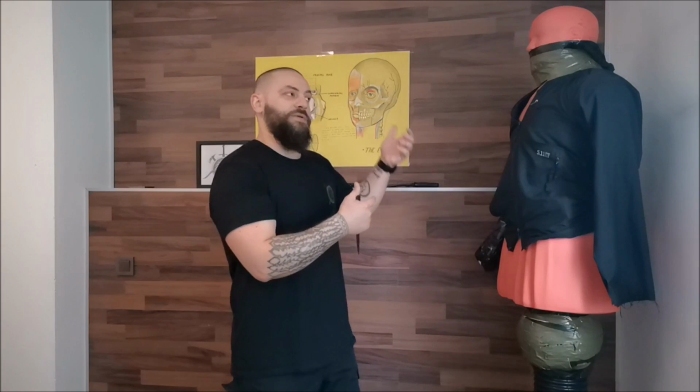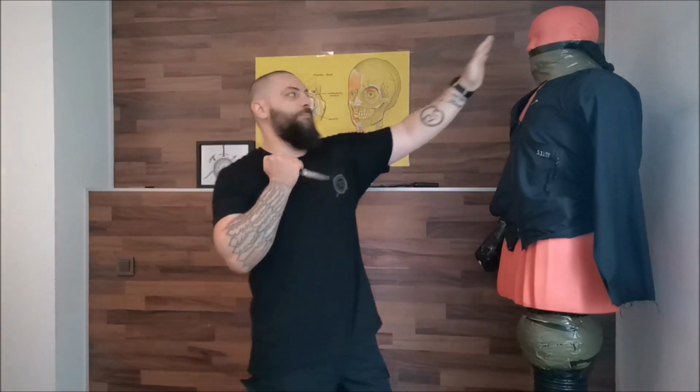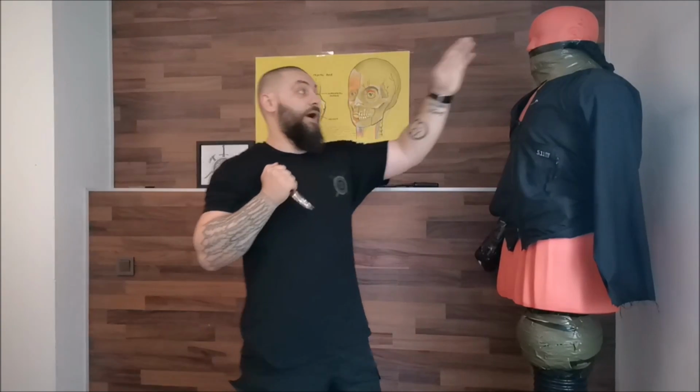Now, applying our knowledge, we understand that by making this movement in the first technique and ripping towards us, because of the supraorbital margin, our blade will be deviated and only the tip will create damage to the eye. It will be efficient, of course, you will partially take the vision, it will create a lot of pain,